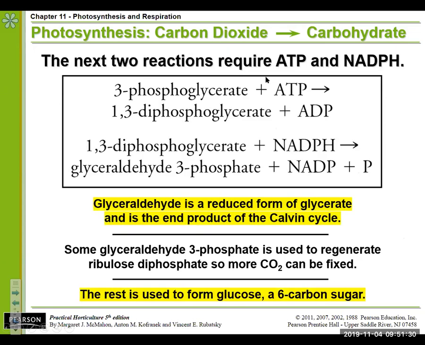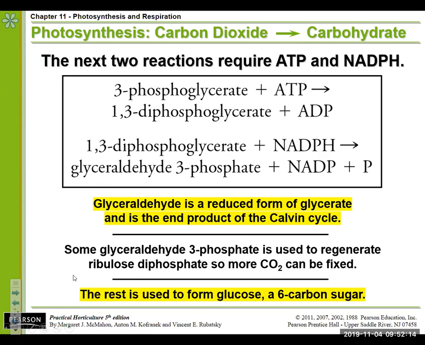The next two reactions continue to require ATP and NADPH, where it forms into a glycerol aldehyde, and then that has a reduced form of glycerate, which is the end product of the Calvin cycle. And notice that prefix there, the glyce is basically referring to the glycose. So basically that's taking these sugars, forming these sugars to drive the rest of the plant,